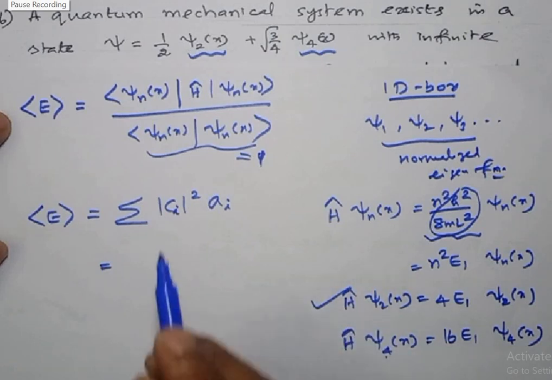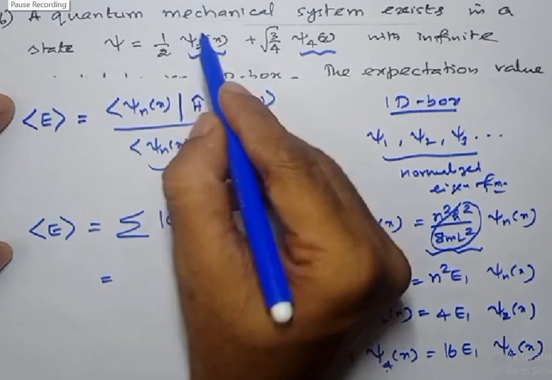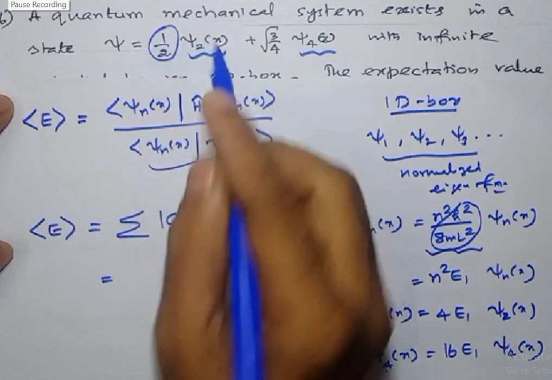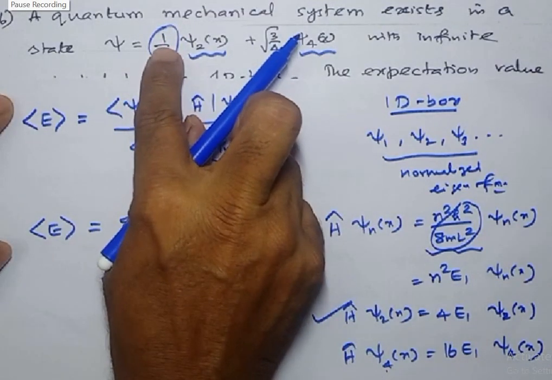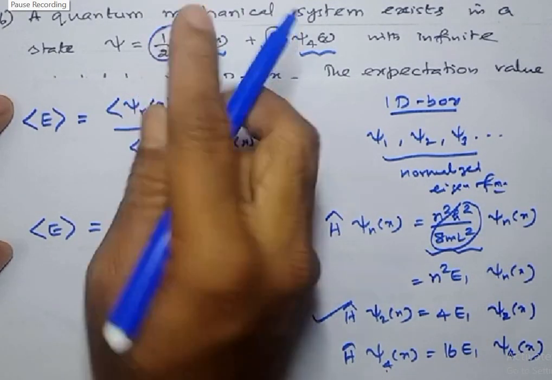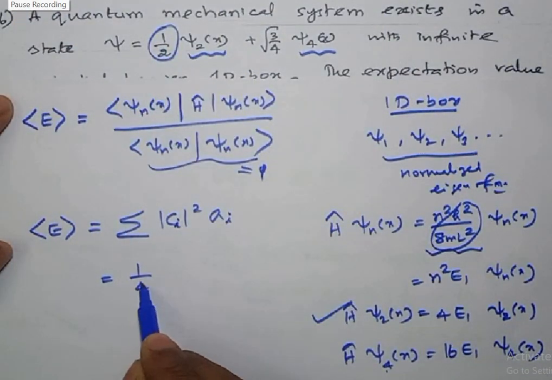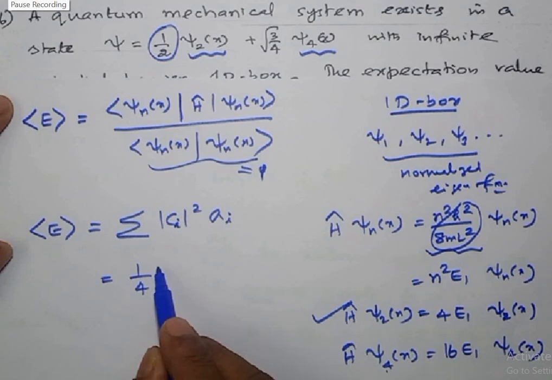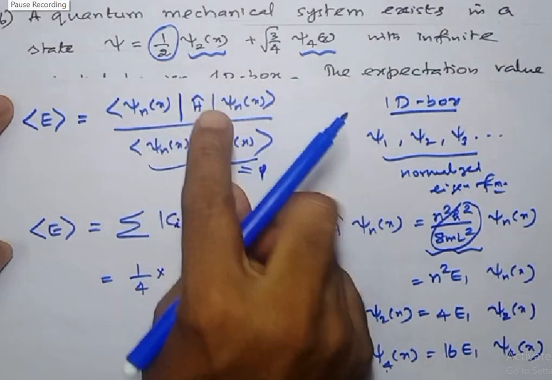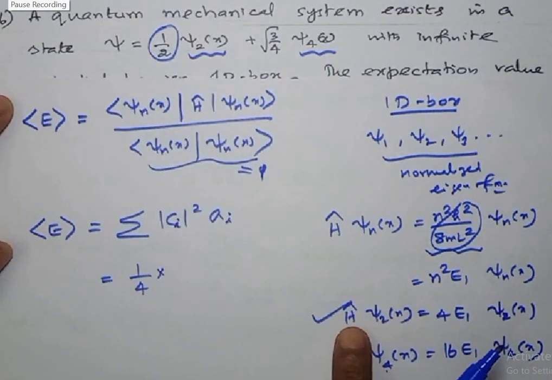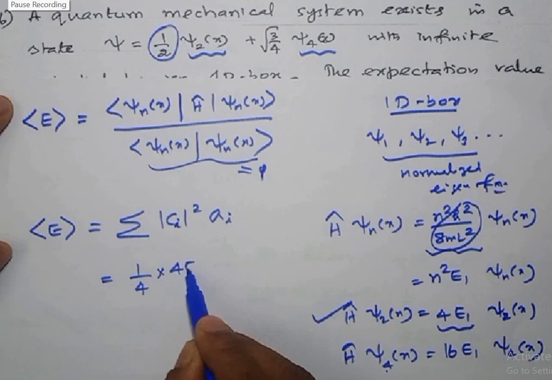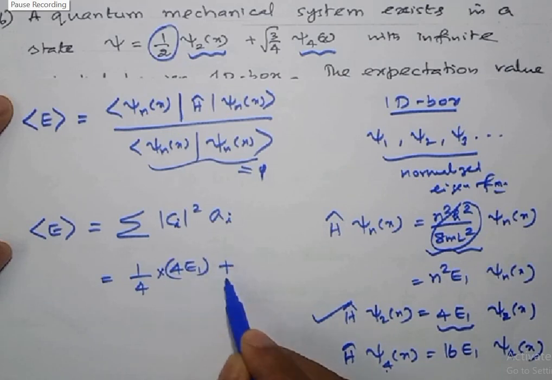Now observe carefully, what is the coefficient? For the first function, the coefficient is 1 by 2. There is no imaginary part, so you take the square. 1 by 2 squared is 1 by 4, into the eigenvalue of psi 2 of x. If you apply the Hamiltonian operator on psi 2, I get 4 into E1. That is the eigenvalue. So just multiply this by 4 into E1, plus